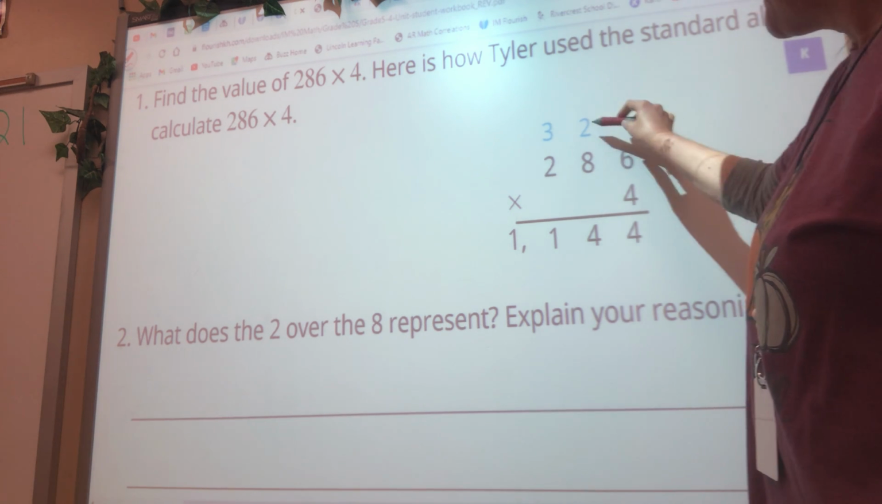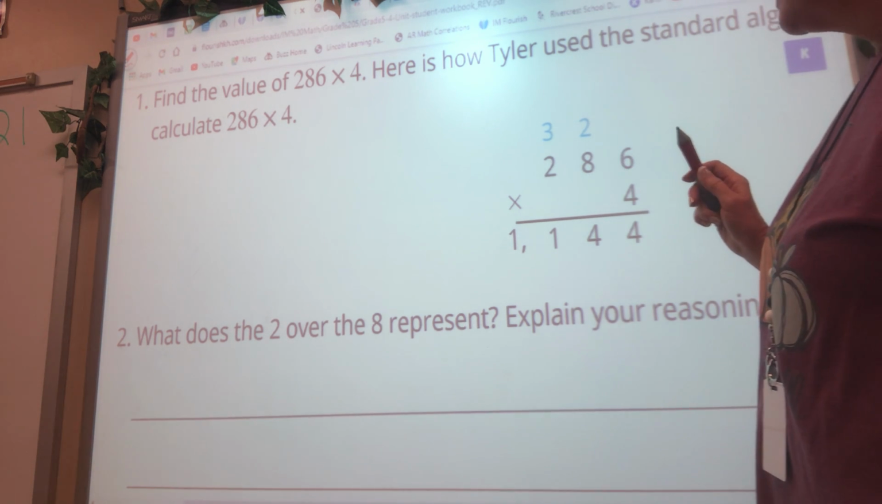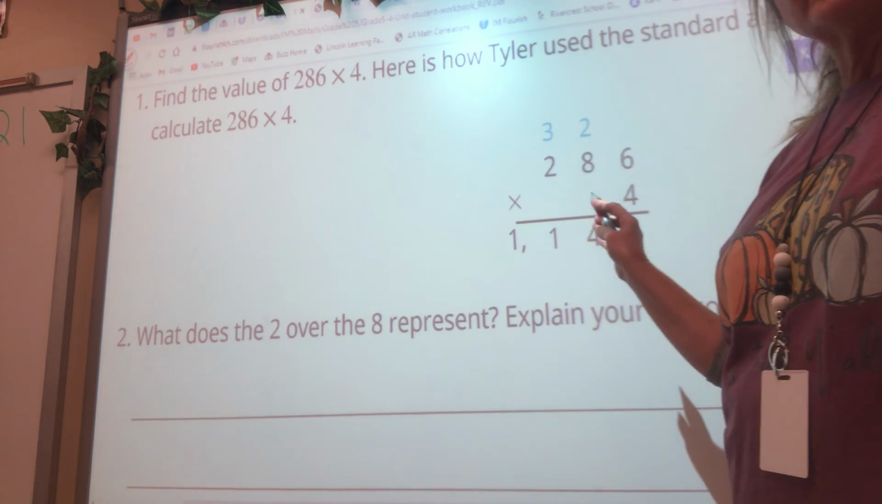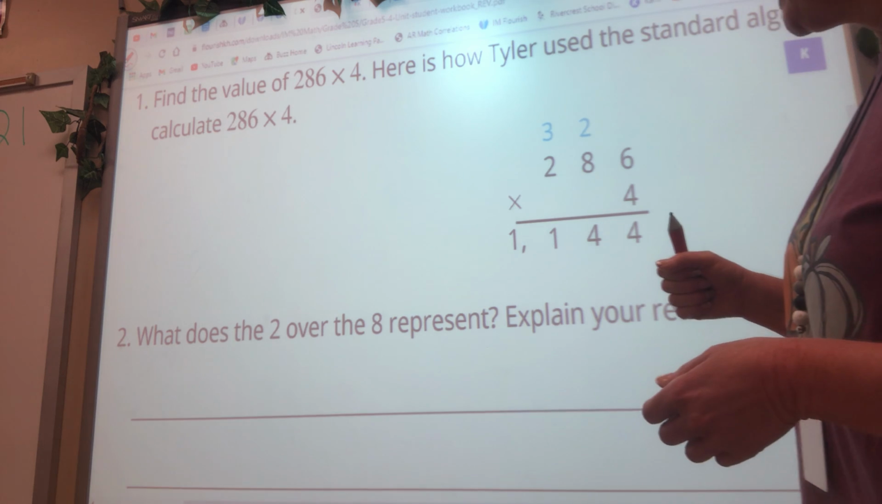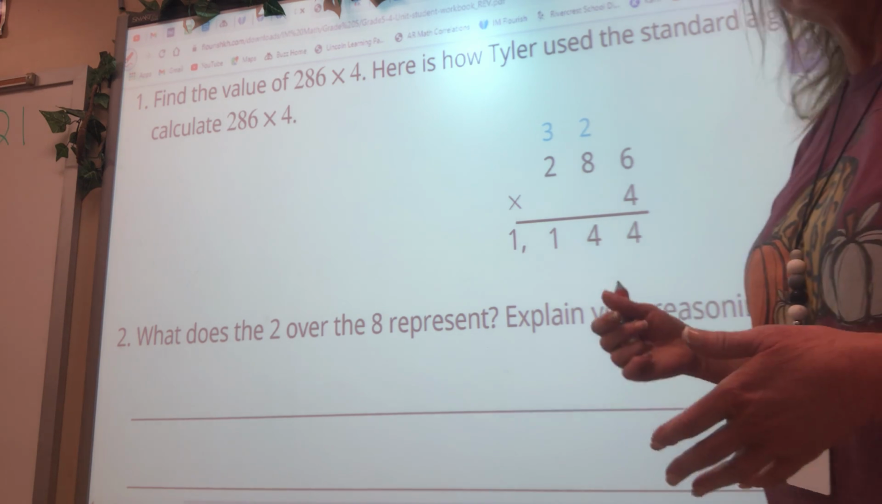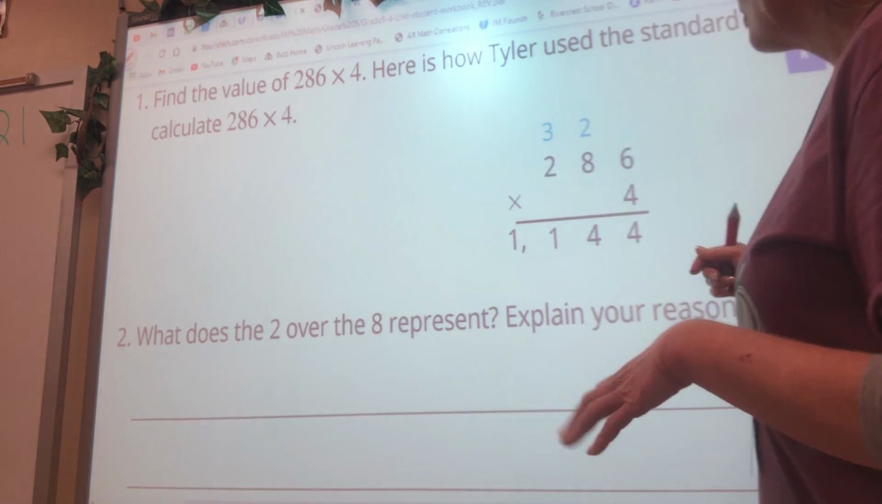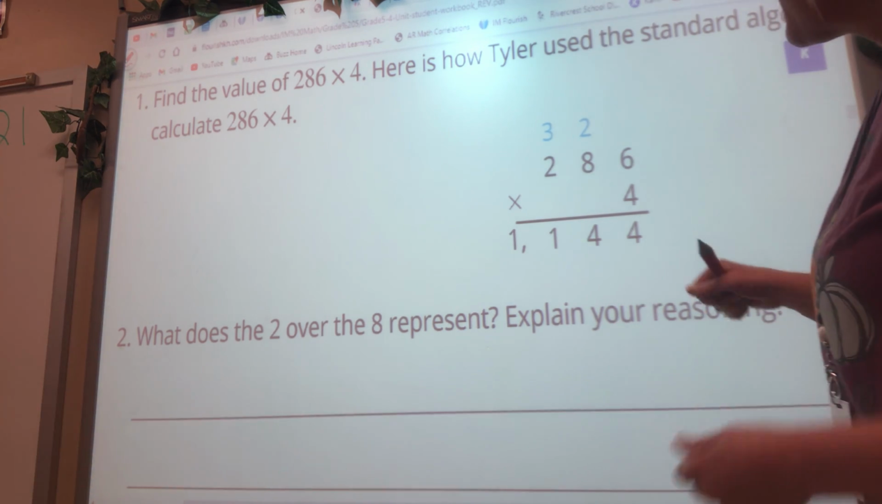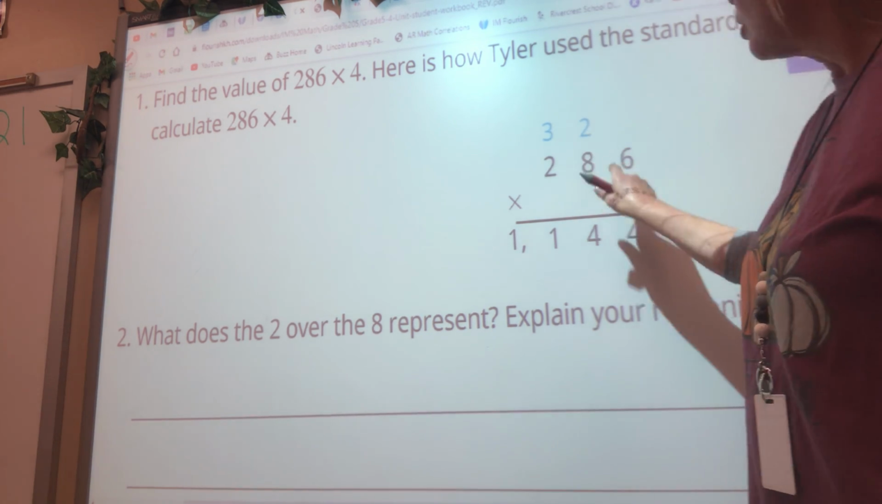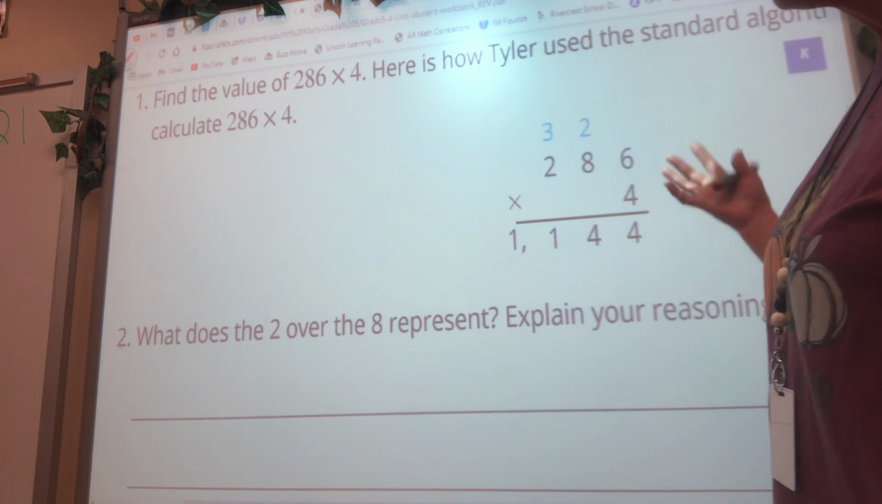Okay, so he carried the 2. You don't have to use a different colored marker. They just do that in your book to help you keep up with what you're carrying. Don't try to do it in your head. Always write it down. Even I still write it down. I've been doing math for a long time. I just always write mine a little bit smaller than the numbers I'm working with